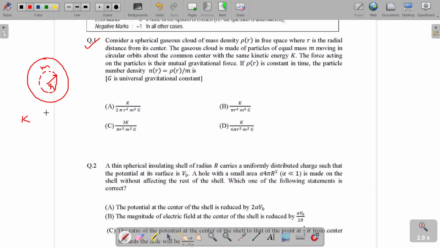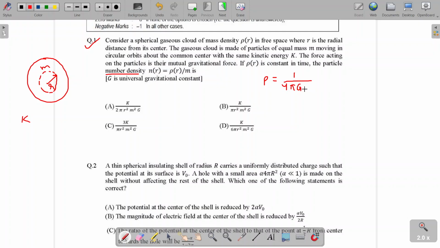Question is, what is the density of the gas cloud as a function of radius and the corresponding particle number density? That's what we want to find. So we can take heart from an equation. As per that equation, the density of such gaseous planets is simply 1 upon 4 pi